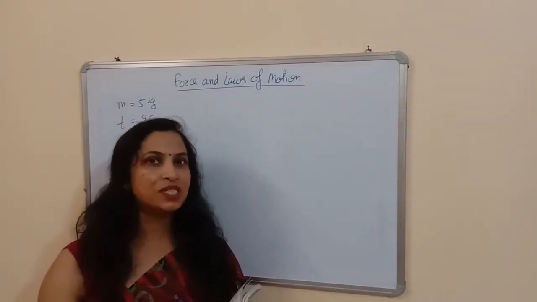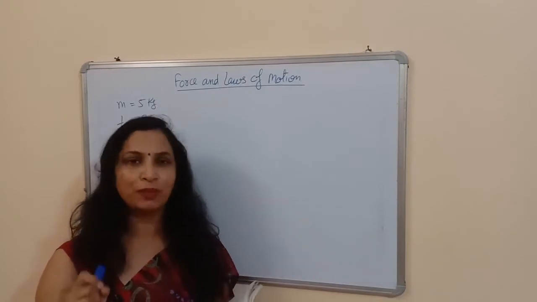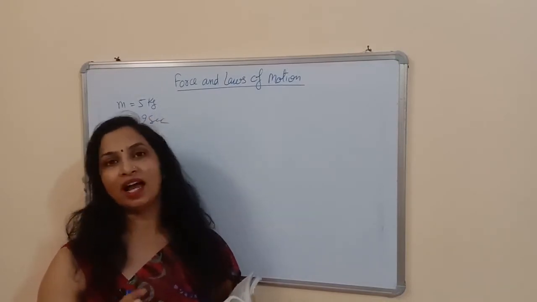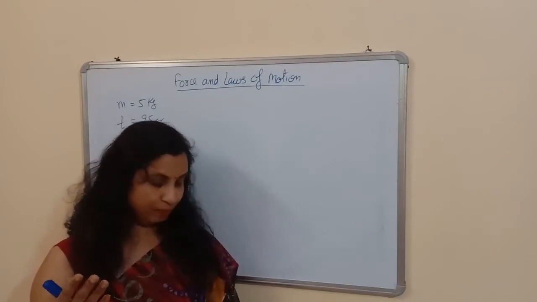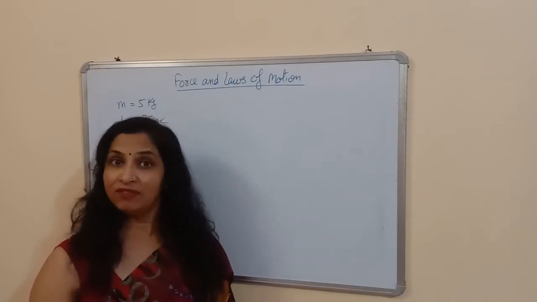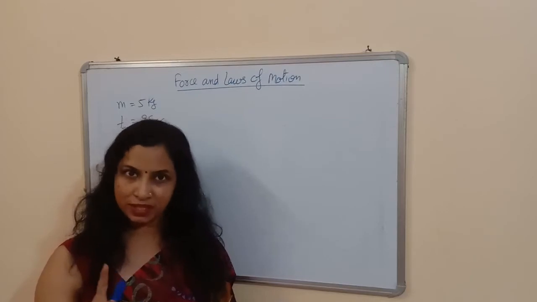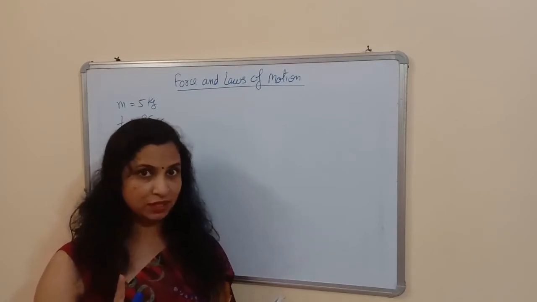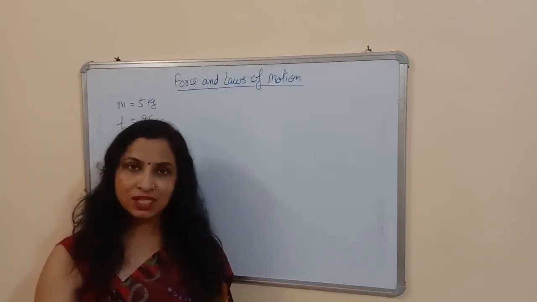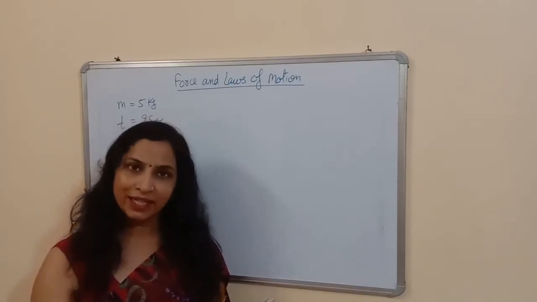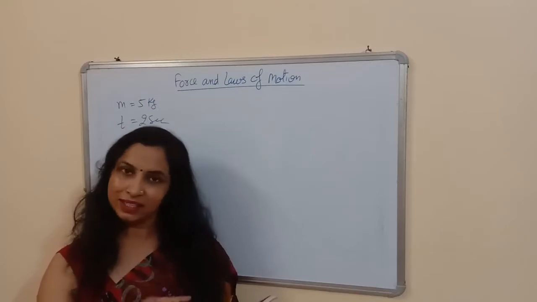Okay, let's do some numericals of this chapter from the NCERT book. All of you will have this NCERT book. This is example 9.1 on page number 120. Again, I am telling you, if you are not clear about the numericals of chapter 1 first, then you can't do the numericals of this chapter. So first do the numericals of chapter 1 and then this chapter.